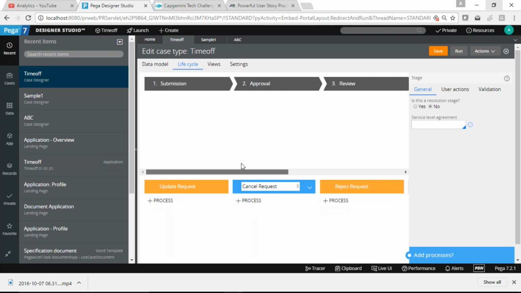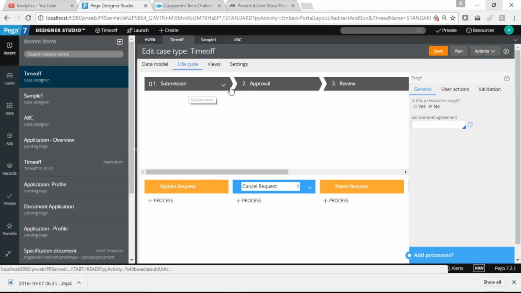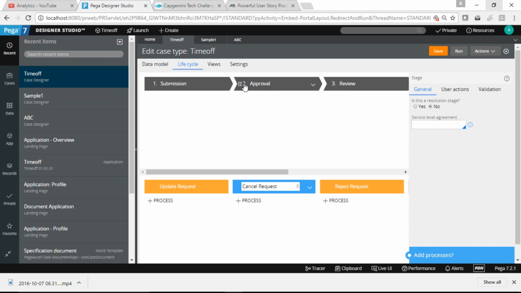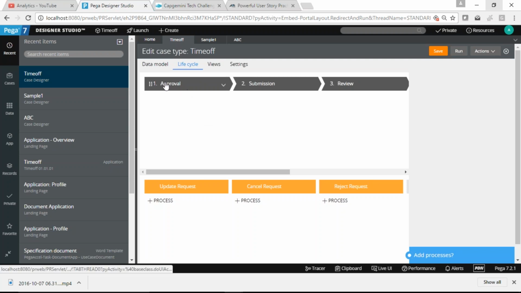Now one more thing I want to tell you. If you come here at the top of the stage, say you want to see, actually, by mistake you moved stage 2, or you want to rearrange the stages. Move your cursor and you will see six dots, and if you move the cursor there it will change to a cross with an arrow mark, then you can move it to a different place. So now you can see stages can be moved from one place to another as well. Same thing, if you want to move it once, you can change the sequence of your stages as well.